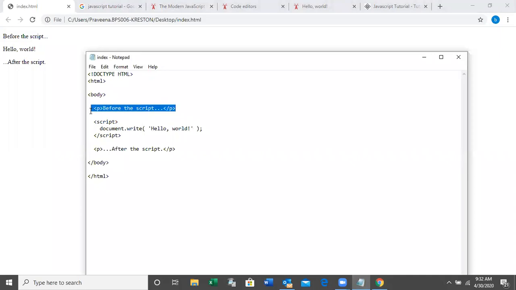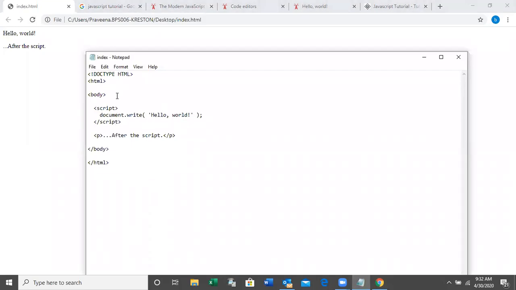So you can start the script like this. Script. Language.